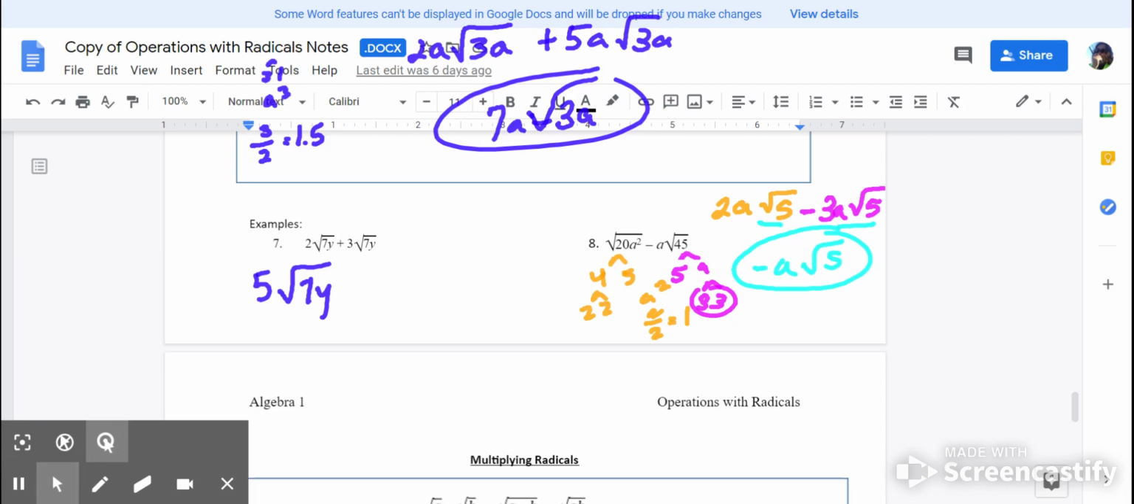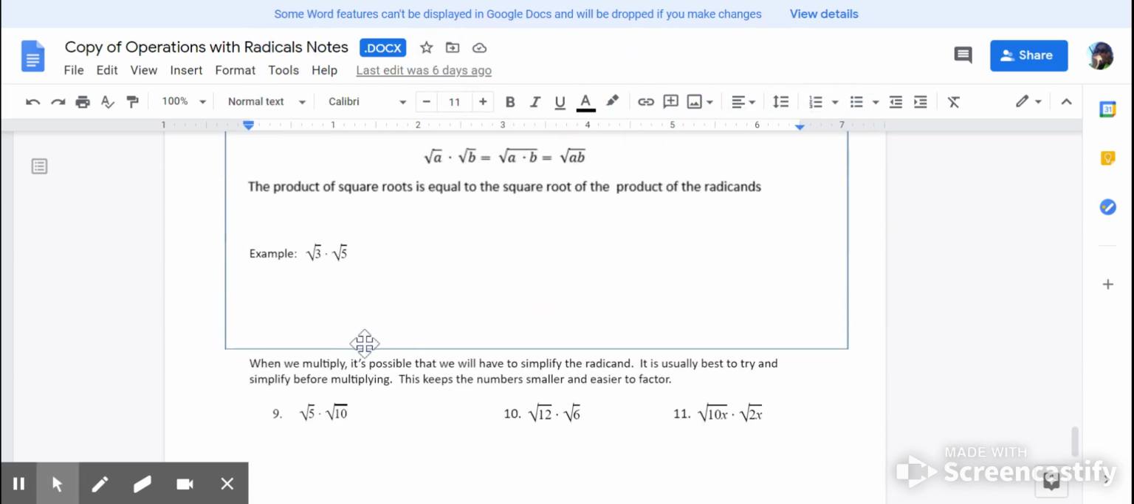Now we're going to transition into multiplying radicals. All we have to remember is to have two radicals, multiply the two numbers inside the radicand together, and then simplify. So if I have the square root of 3 times the square root of 5, that's going to equal the